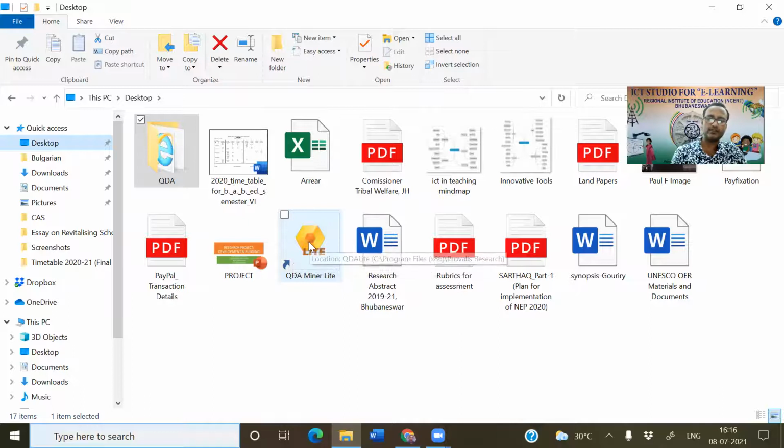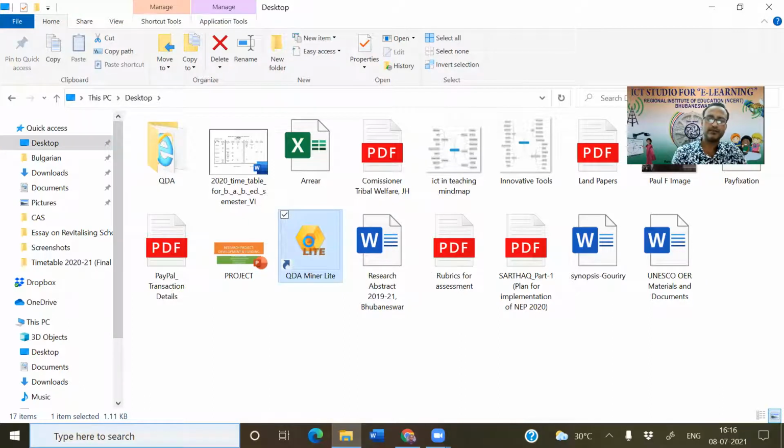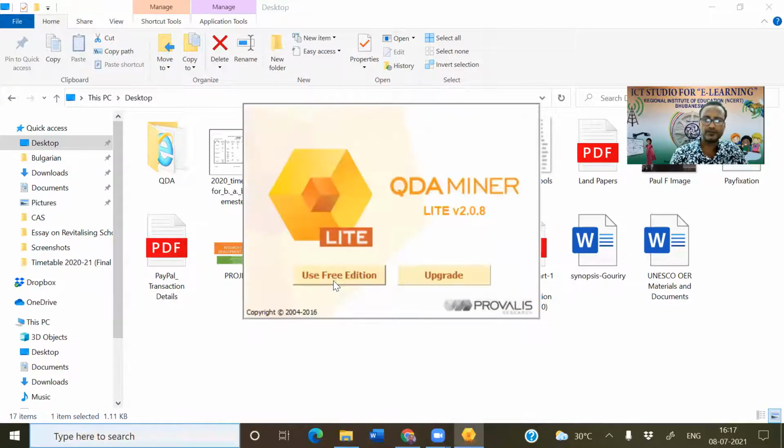Just double click. When you click on this icon, it will open now. This dialog box will open.